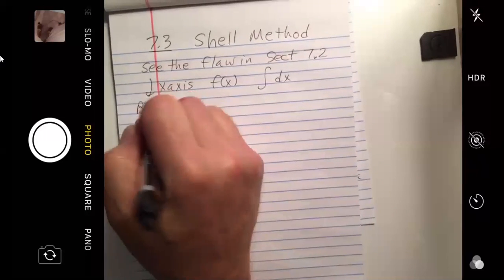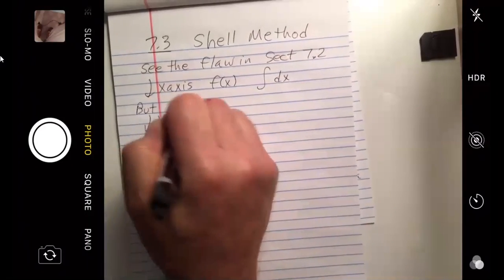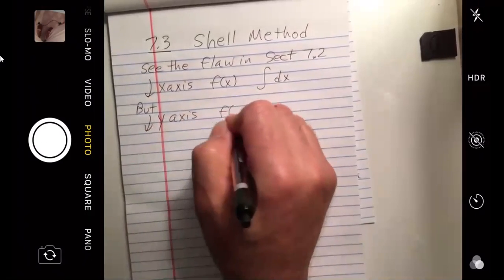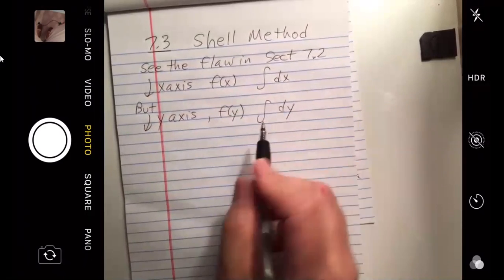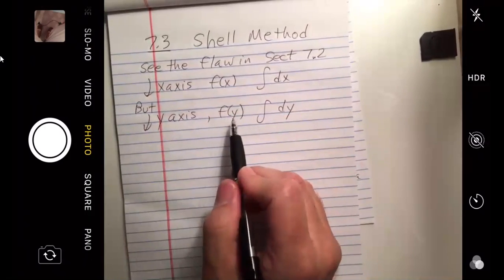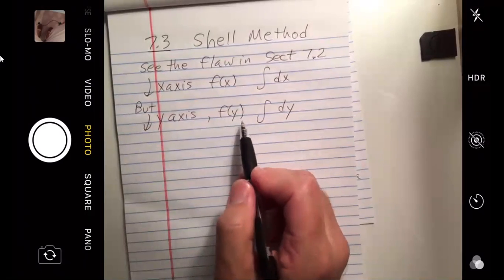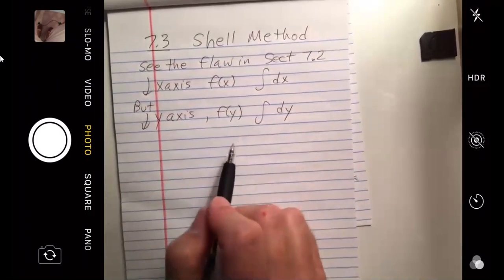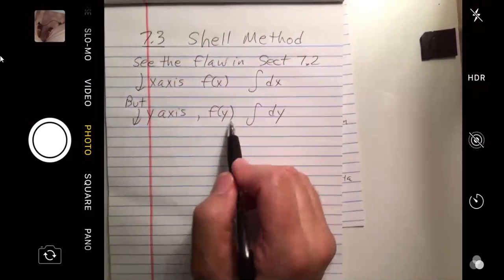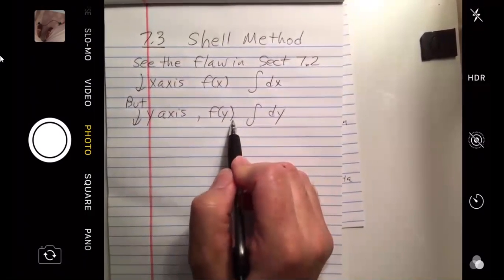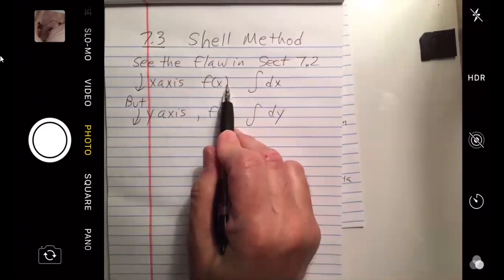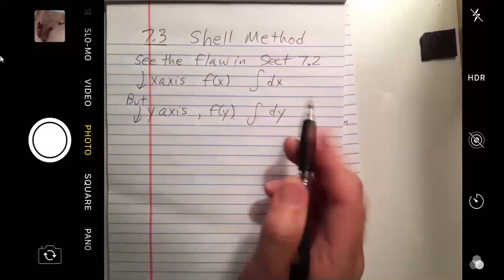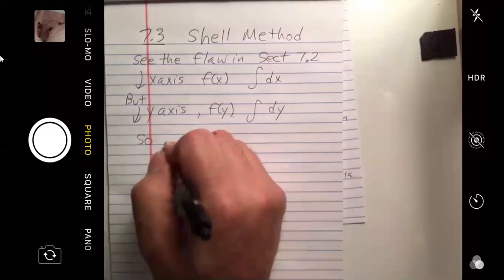But if you went around the y-axis, you had functions of y and you had integral dy, which, if they really simplified things, worked. But math is full of people who go, I don't like functions of y. I want to keep functions of x, which is what you're used to. They pass vertical line tests, but still keep dx integrals. So someone came along